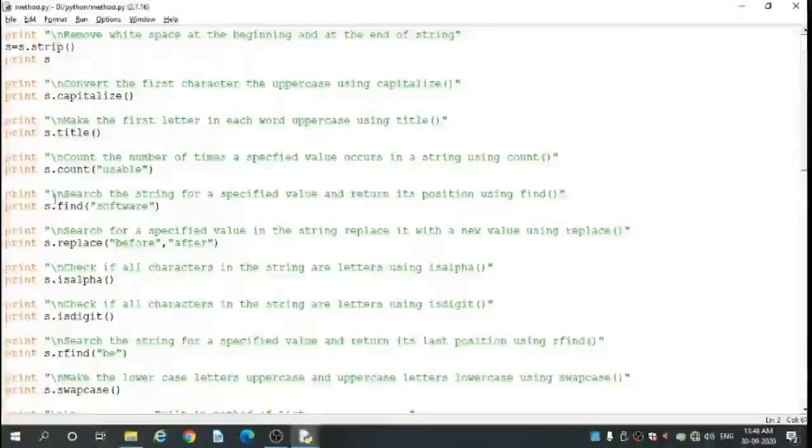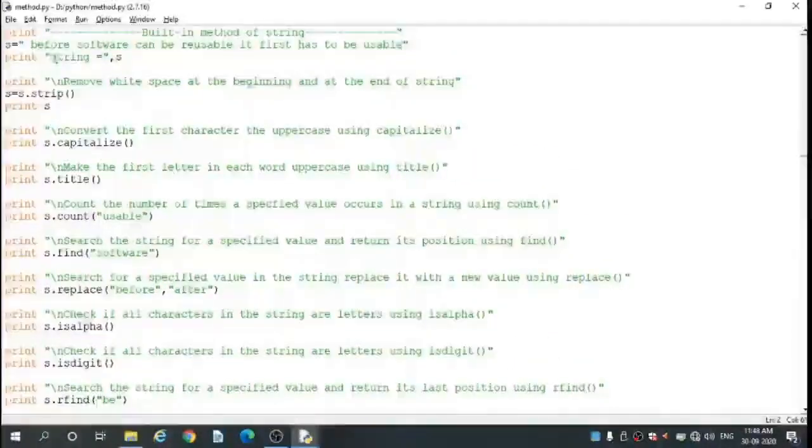Next, print in double quote \n, search the string for a specified value and return its position using find. So here print s dot find in brackets, double quote software, close the double quote and close the bracket. Already, students, I told you in the second session on string manipulation that forward indexing starts from the 0th position and backward indexing starts from the reverse position.